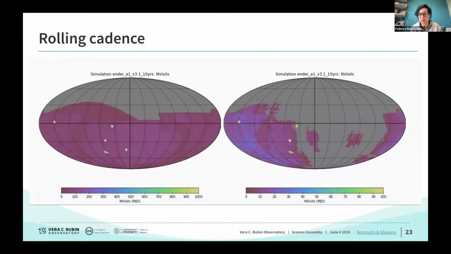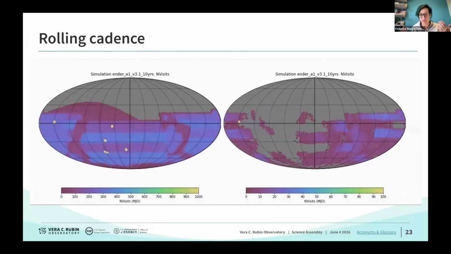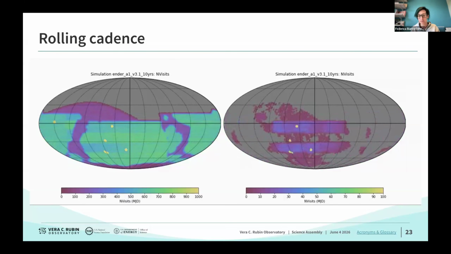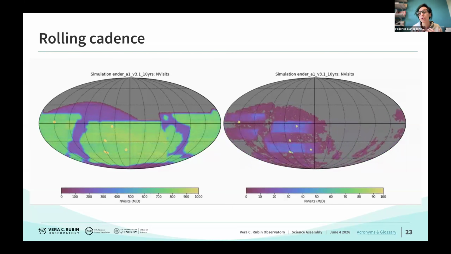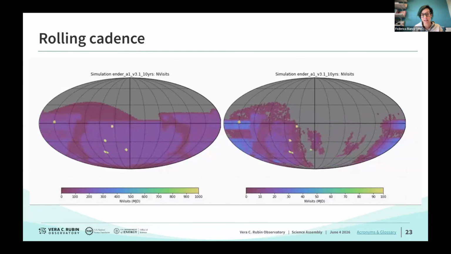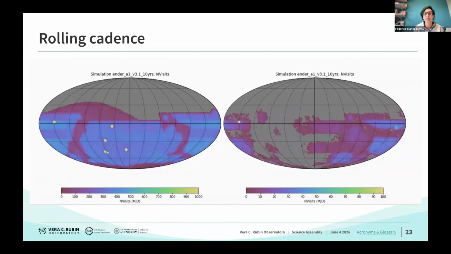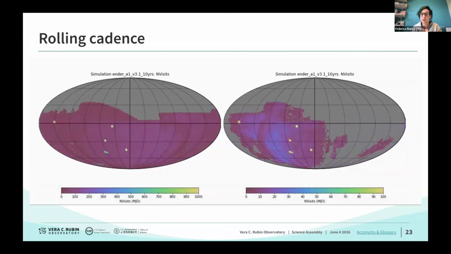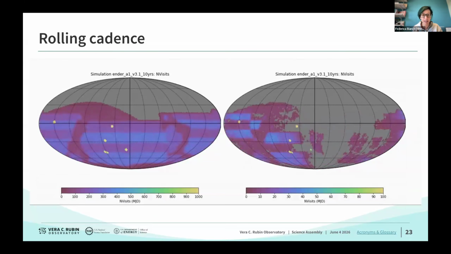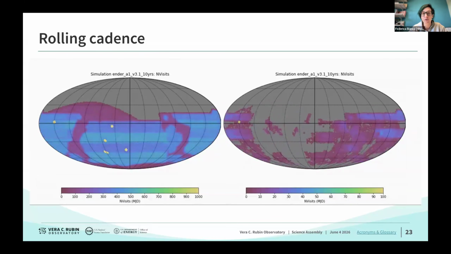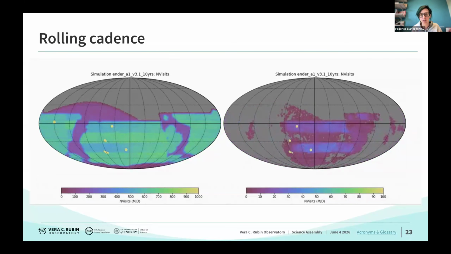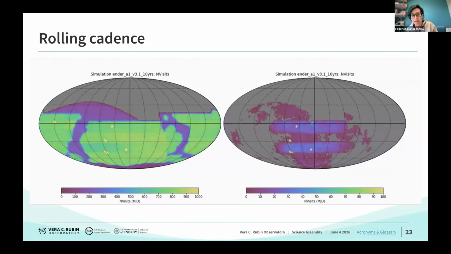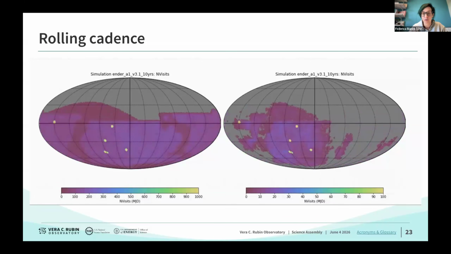Obviously, a less dense cadence on the other half of the sky, but overall, that has significant improvements for time domain science, as most of the naive cadence, take the 800 observations that LSST should take in 10 years and distribute them evenly over 10 years. And 6 filters, that would lead to too sparse cadence for most time domain science. Obviously, that also means that the uniformity of the coadds is not always high. With alternating years, we had those stripes that show up in the coadds, and that has consequences for cosmological measurements. So it's a balance between improving time domain science and improving uniformity.